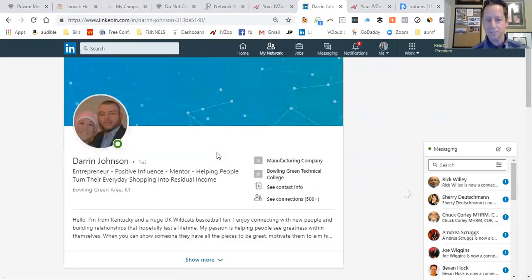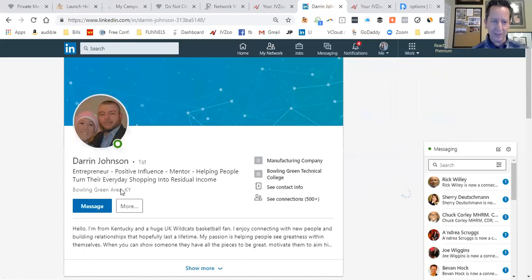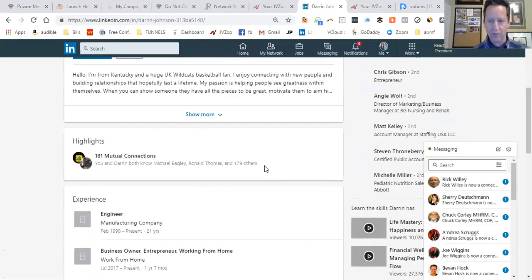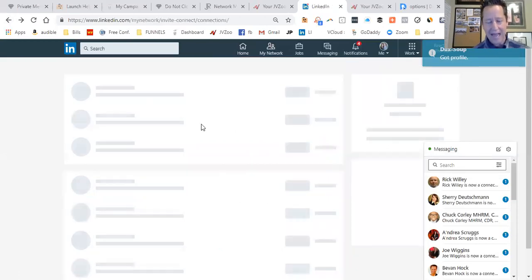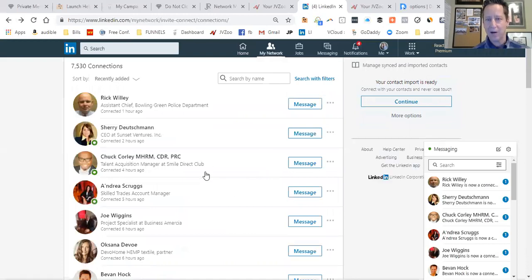And so I'm going to go ahead and get into the robot here. You can see this one was Bowling Green. And I think if I were to toggle through all of them one at a time, we're not going to do that because we'd be here for hours. But that's what this most recent batch is because of what I had the bot working on. And it looks like the bot's actually working right now.